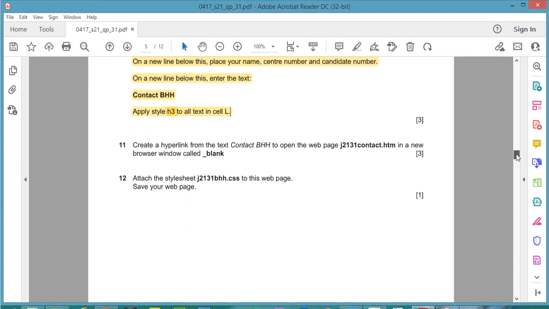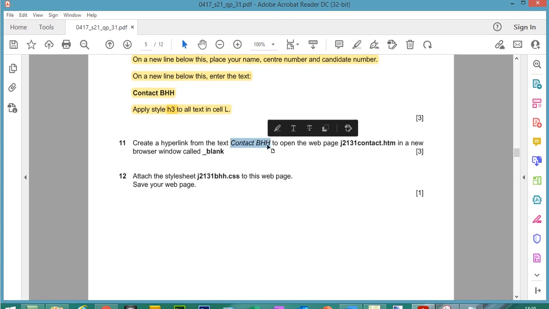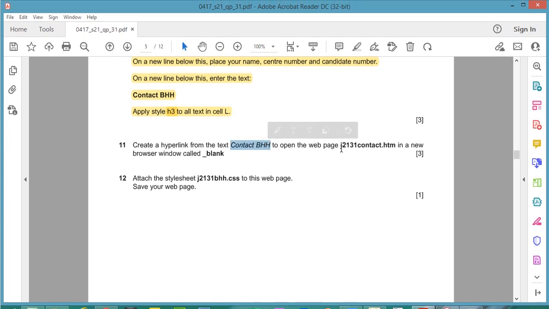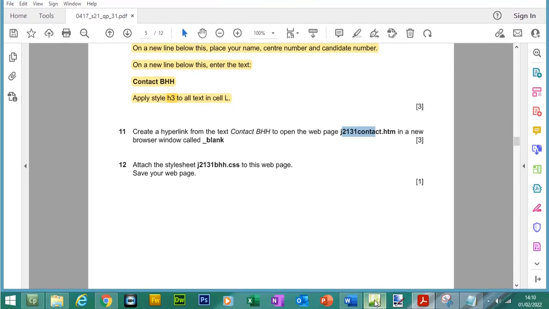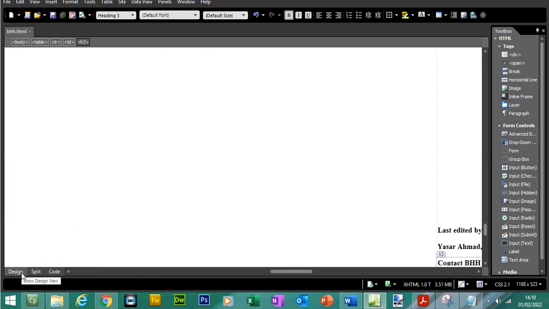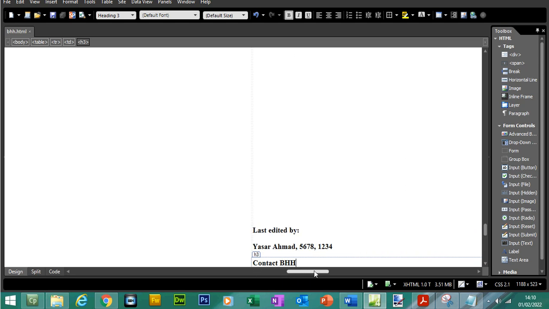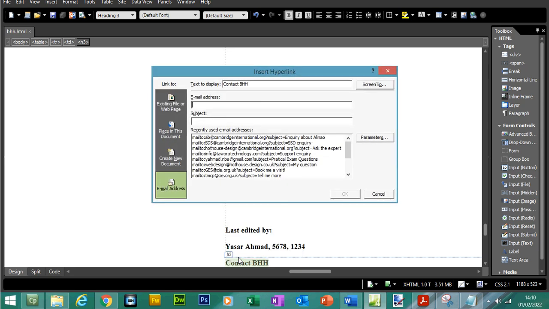Okay, so question 11. Create a hyperlink from text contact BHH to open the web page in a new browser window called _blank. So we need to make a hyperlink. Okay, so let me just go to design view now. Let's see if we can see that text. Yes, we can. To create a hyperlink, you can right click, select hyperlink,